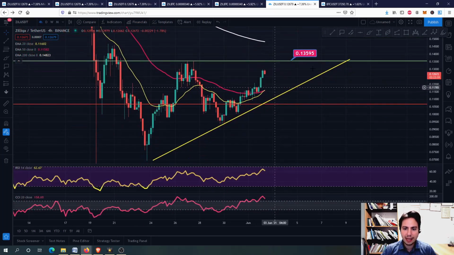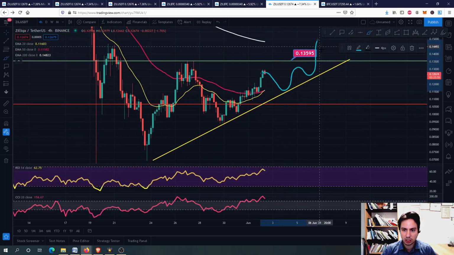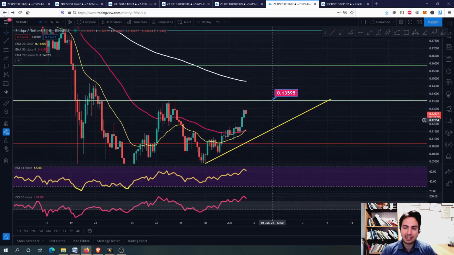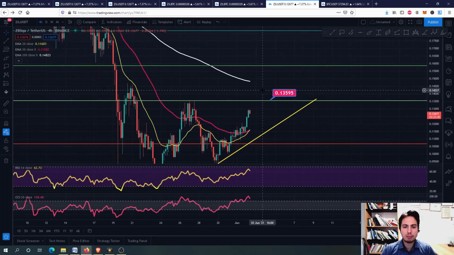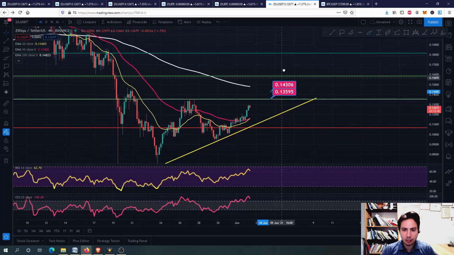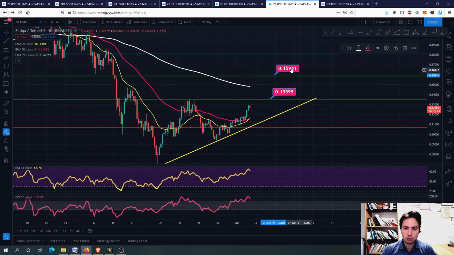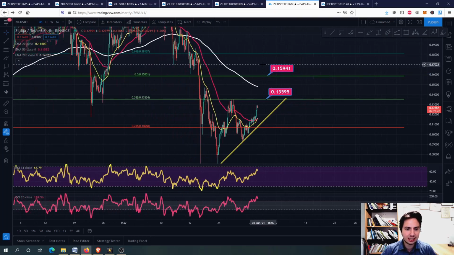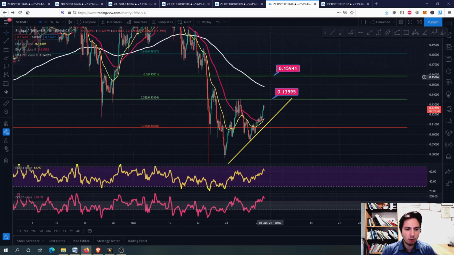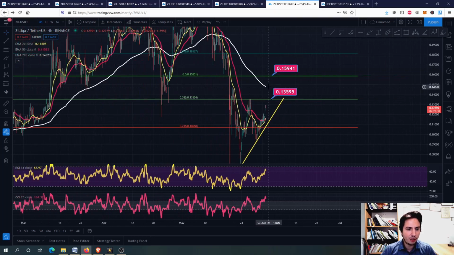In the case we might make something like this, guys, going upwards and downwards and eventually break above. If we see the reversal pattern happen, guys, then we will be going upwards, and we have high chances to see that. And of course, afterwards we might want to retest the 15 to 16 cents for ZIL. That's where we will go probably after we pass a minor resistance level around this area, and you can see